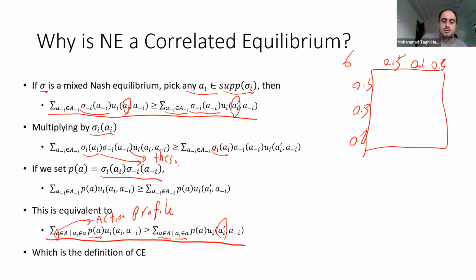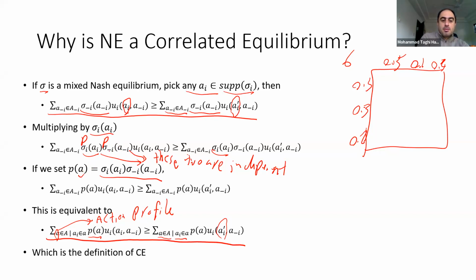So these two are independent. So here, this sigma of a_i times sigma of minus a_i, because these are independent, is essentially the probability of this, and this is the probability of this. These two are independent. So when you multiply them, then the probability of action profile a is indeed equal to